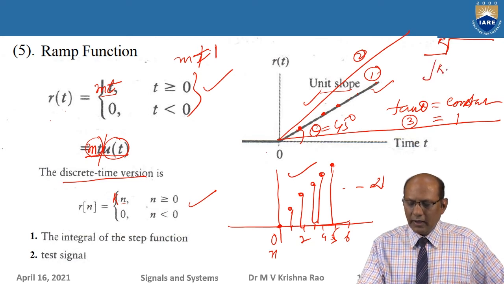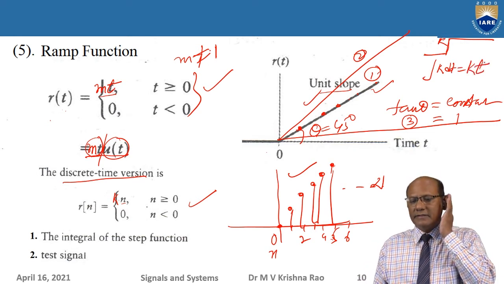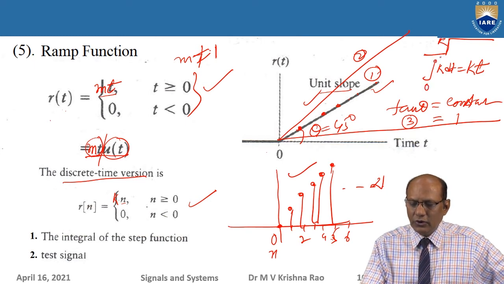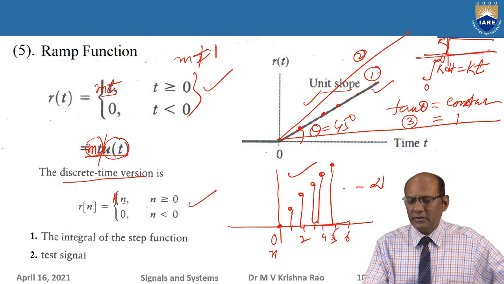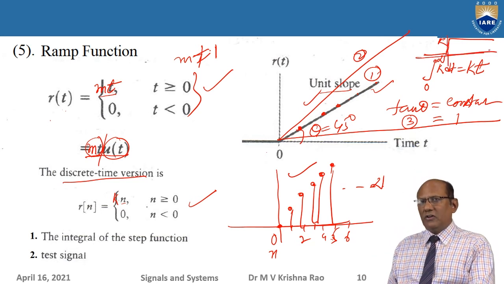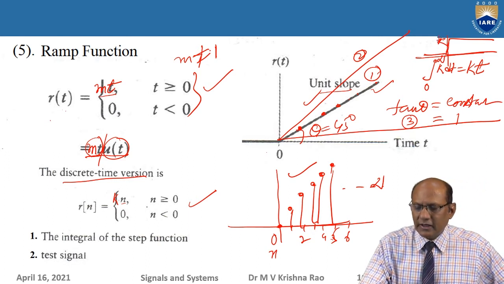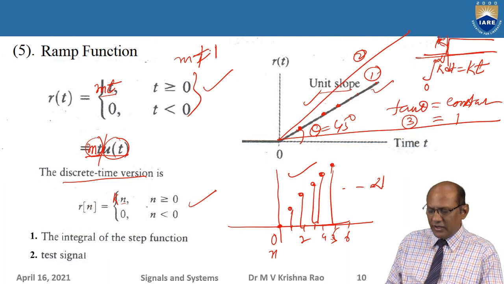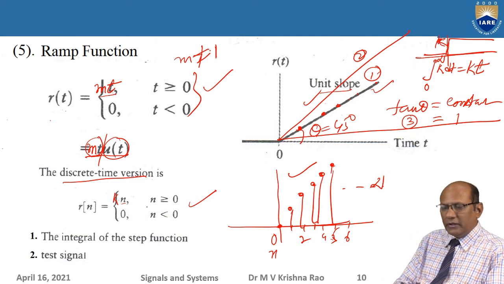Integration of k dt is nothing but kt. K is nothing but the slope here. So when I integrate, this is 0 to plus infinity, whereas this is the unit step function, or step function. Not unit step function, because its amplitude is k. Its amplitude is k. So it is the step function. I should not say unit step function; I should say just a step function whose amplitude is equal to k.